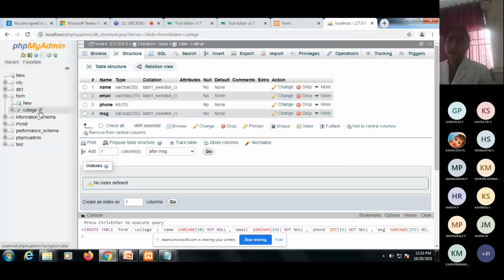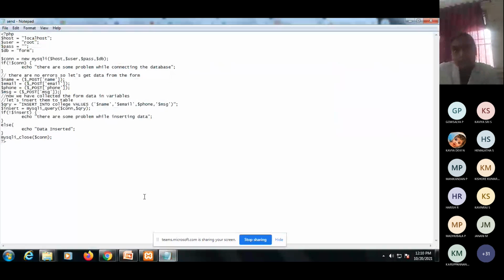SQL server. For that, I am going to write code here. With a dollar sign, I am going to use the post method. I represent post here, with the name variable. Then the email also I am posting, sending this email to the PHP server. Then again post, then post message.